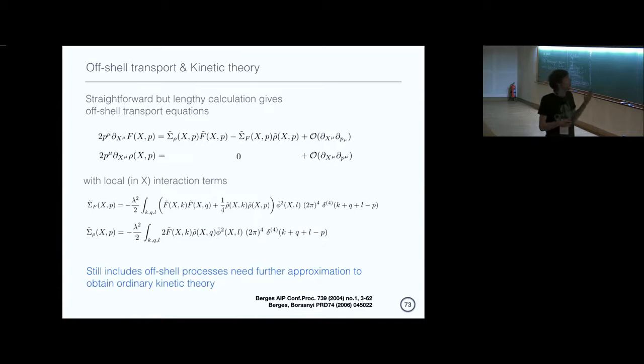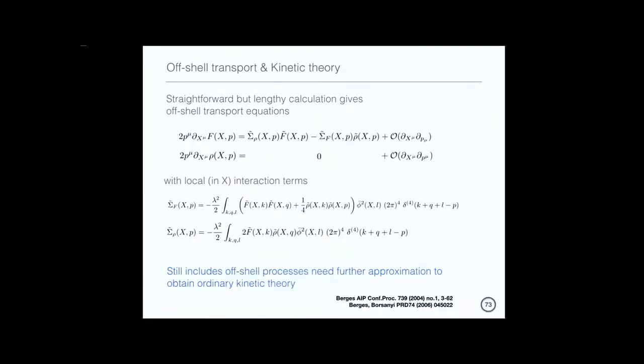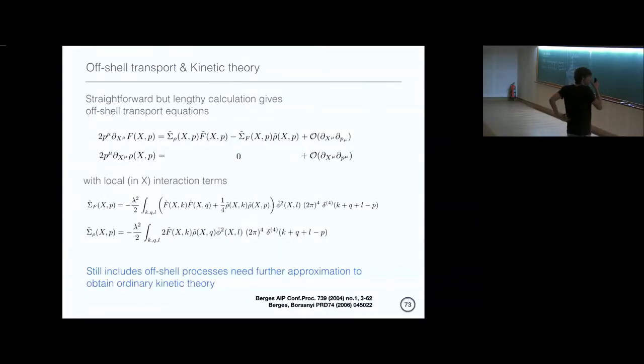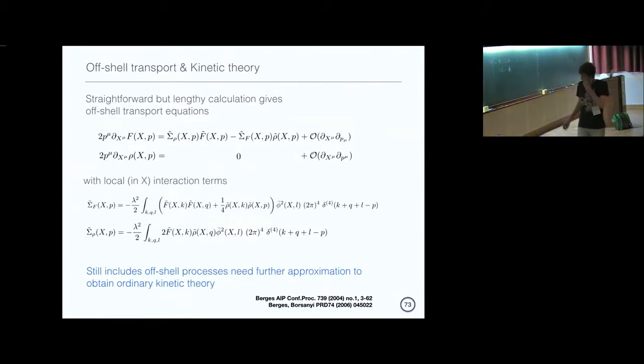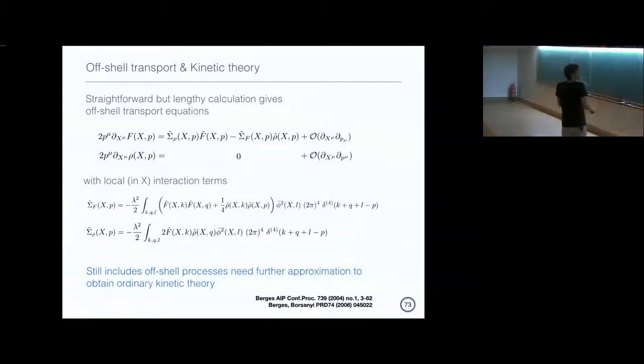And so this is now almost already at the level of kinetic theory, which has a very similar structure, except that some of the objects that are appearing here are not yet quite the ones we're used to in kinetic theory, okay? And so one of the reasons this is not quite kinetic theory, so I think this is usually called off-shell transport, or is this what one calls Kadanoff-Baym equations, I guess, right? Okay, anyway, this is already very similar to kinetic theory, except that in kinetic theory, we actually do one further approximation, which we're going to do in a second, which is an approximation in the spectral function.